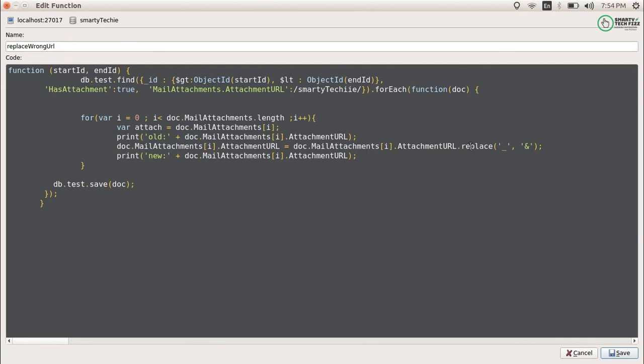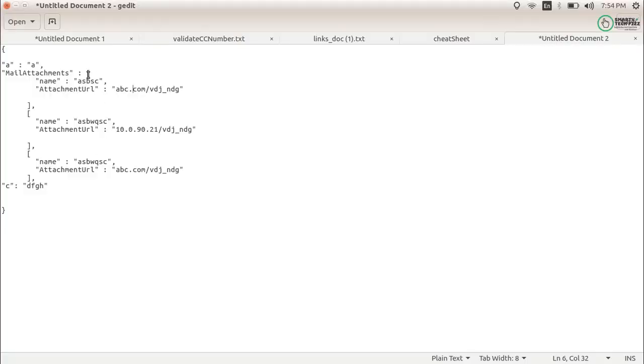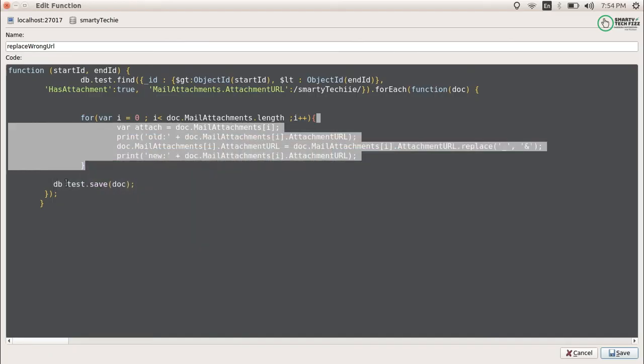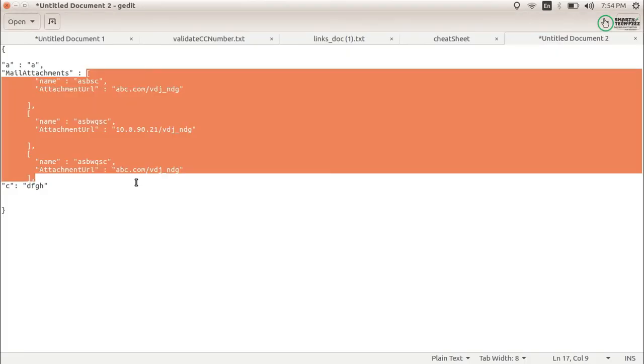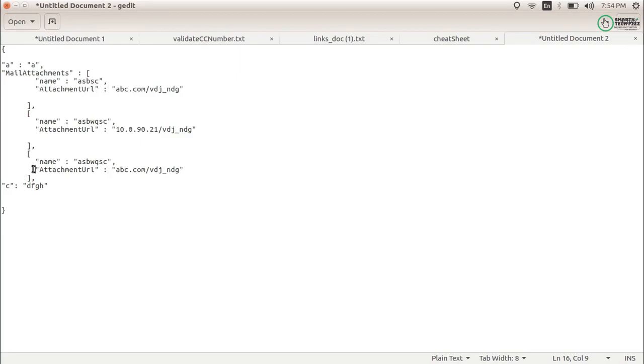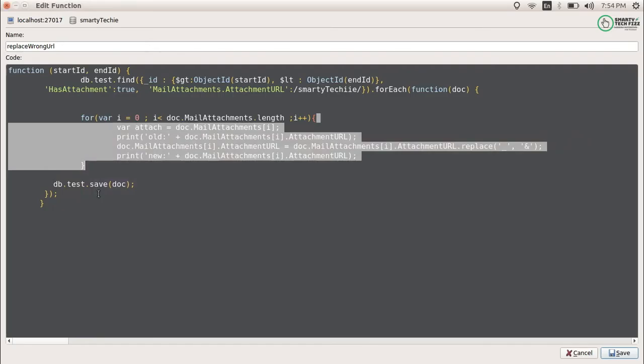So I was using the replace function, and using the replace I got the actual document which I need, so I printed it, and it had the changes compared to the original document. After going through all the documents in the array, I save the whole document in one go, so it will be updated in one go. After saving it will exit. Okay, this was the thing which I was doing.